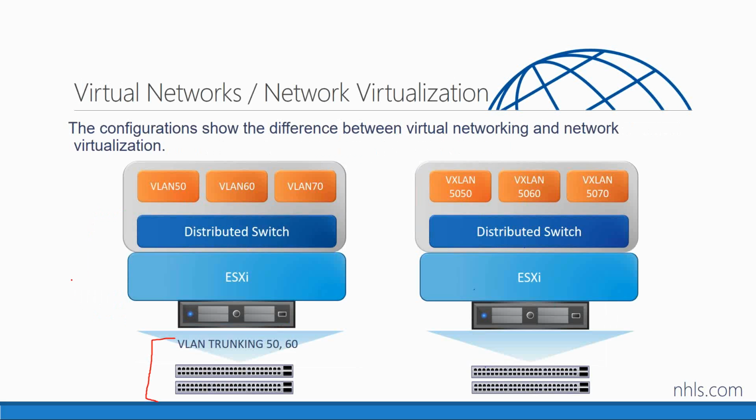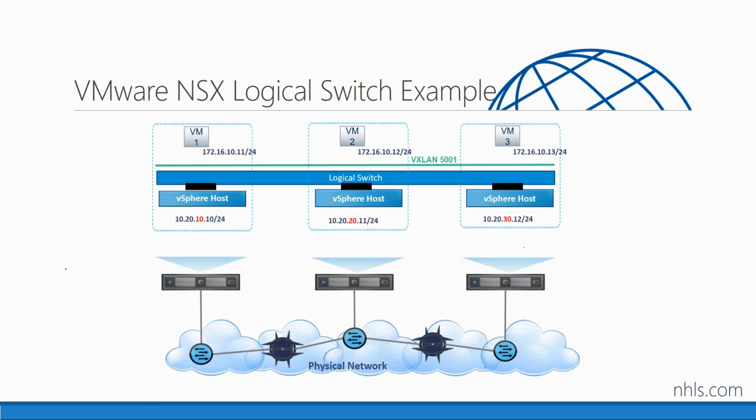Fundamental game change. All right, here's a couple pieces of magic for you. Let's take a look at this diagram. First of all, notice I have 3 separate hosts. One on the left, one in the middle, one on the right. And notice that on each of those hosts, we've listed an IP address. That's the IP address on the host's physical NIC. And notice, and I put them in red there, those are on 3 different subnets: 10.20.10, 10.20.20, 10.20.30. Notice down here at the very bottom, these are all sitting behind different routers.